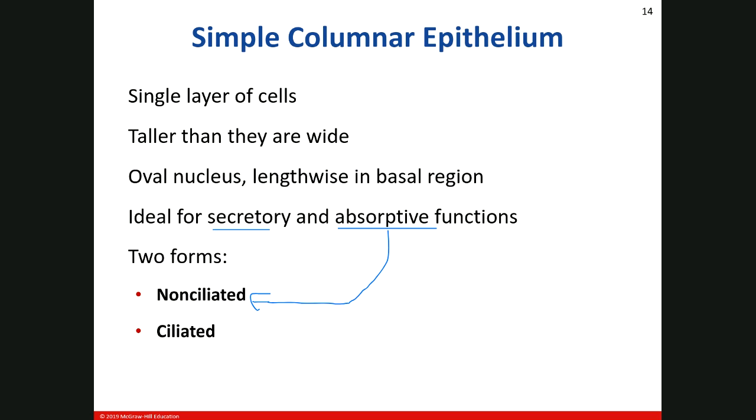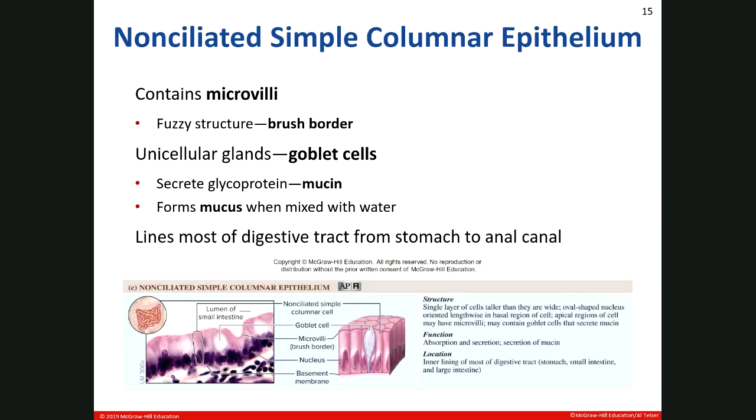Because the non-ciliated has that brush border, that microvilli, and we'll see that in our digestive tract. All right, so let's start off here. We're going to look at the non-ciliated. That's going to be the one that's got the brush border here, which is microvilli, and it's going to have goblet